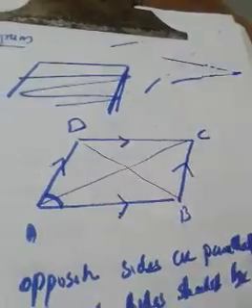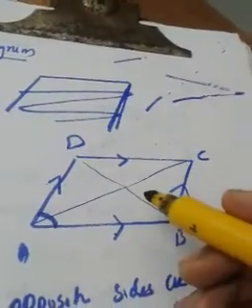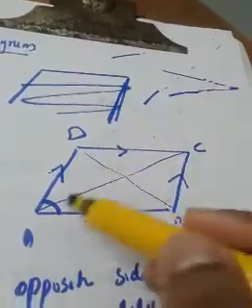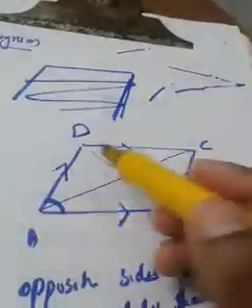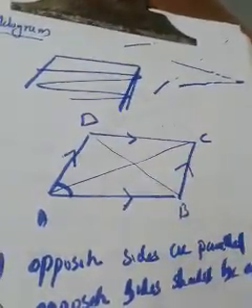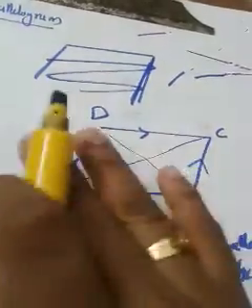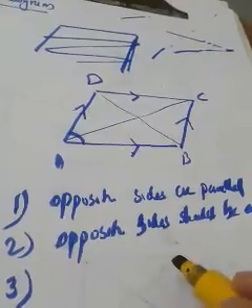Why? Because a rectangle is a parallelogram. You may have understood that we can consider a rectangle as a parallelogram. If you consider a rectangle, the diagonals are equal. But if you consider some other kind of parallelogram like this, the diagonals cannot be equal. So in short, we don't know anything about the diagonals. Generally, we cannot say anything about the diagonals of a parallelogram, so we cannot say diagonals are equal in a parallelogram.